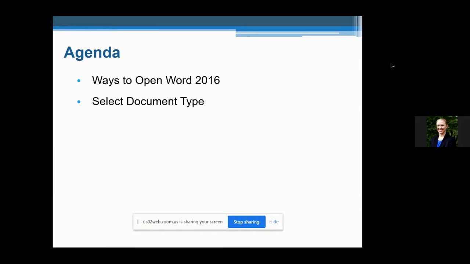We're going to talk about how to select your document type, whether you want to work from a blank document or a template. We will talk quickly about how to save documents and save as. Then we're going to get into the more